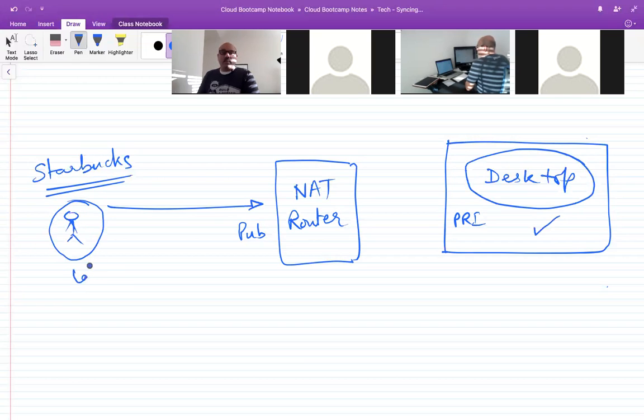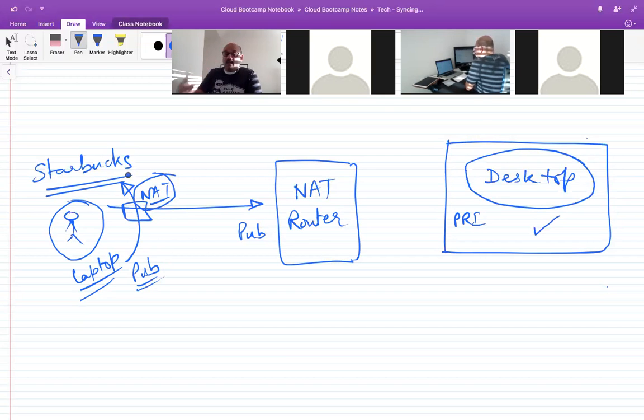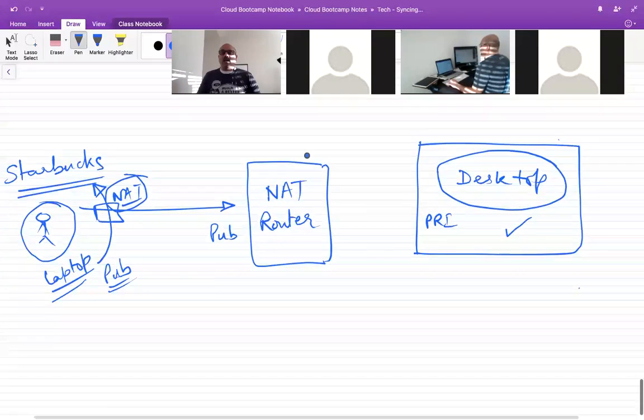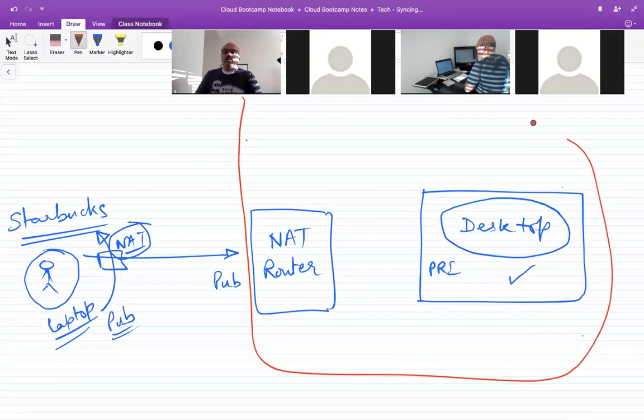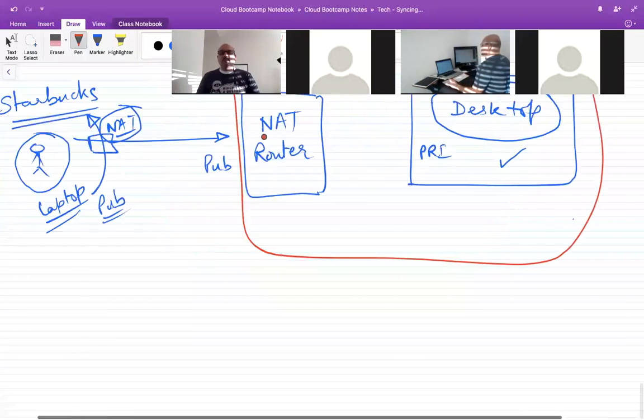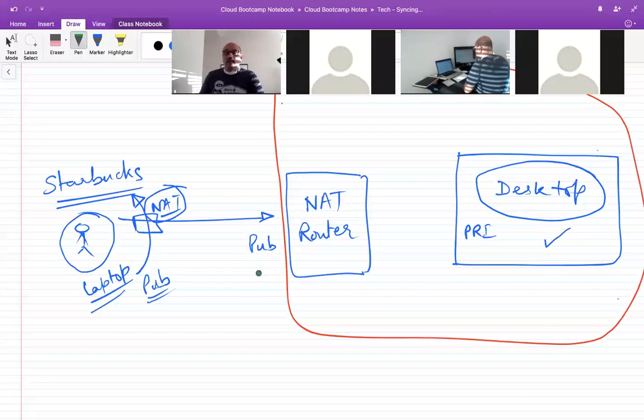And I am outside. So now what? I have a laptop here with me, and it has the Starbucks IP address, which is a public IP. Maybe it's a private IP within the Starbucks, and there is another NAT device here. But it is outside the subnet, outside the area of my home. My home boundary is this red boundary. So how do I enable this from a security group standpoint? The core principles apply something like this. You have to set a rule that says allow traffic to originate from this laptop to go to this desktop,